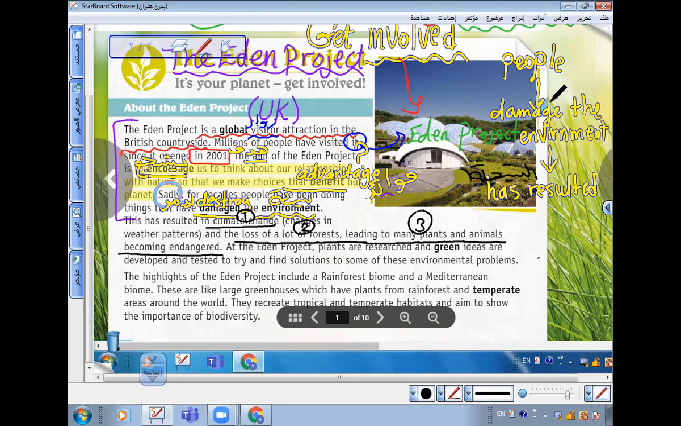damaged the environment. This has resulted نتيجة تدمير الناس للبيئة أدى ذلك لثلاث أشياء. We have 3 things. أول شيء climate change تغير مناخي. Number 2 lots of forest by cutting the trees. And number 3 leading to a huge number of plants and animals becoming endangered. أعداد كبيرة من الحيوانات صارت إيش؟ مهددة بالانقراض. Is it clear؟